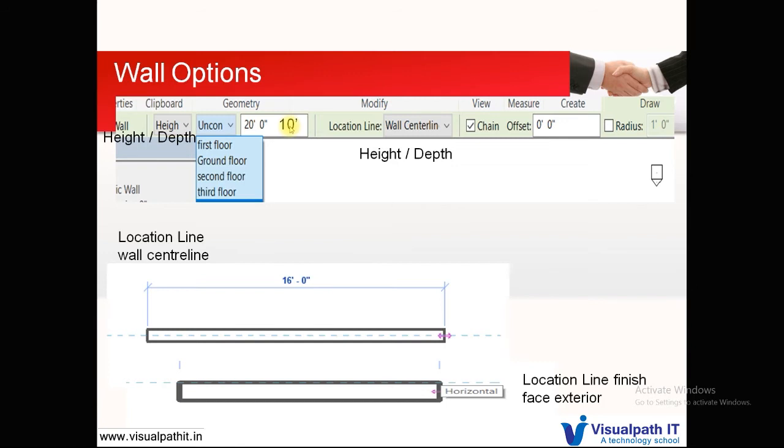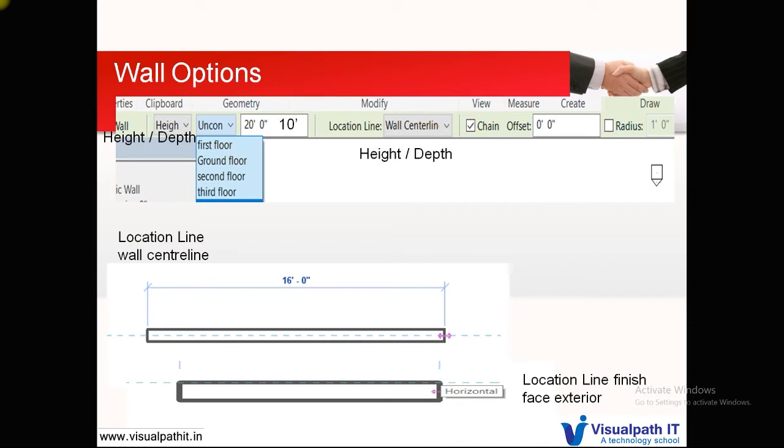First set that, and then we have the location line. So what is the location line? Here it is the wall center line. Here you have a lot of options which you will see. Center line: what is center line? You see that in this wall, the reference line is in the center. So when the reference line is in the center, the 9-inch wall that you are going to define will be from the center of the wall.